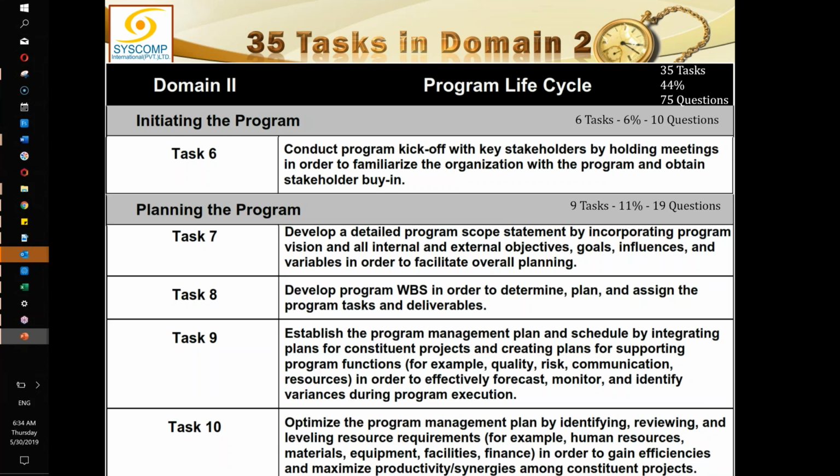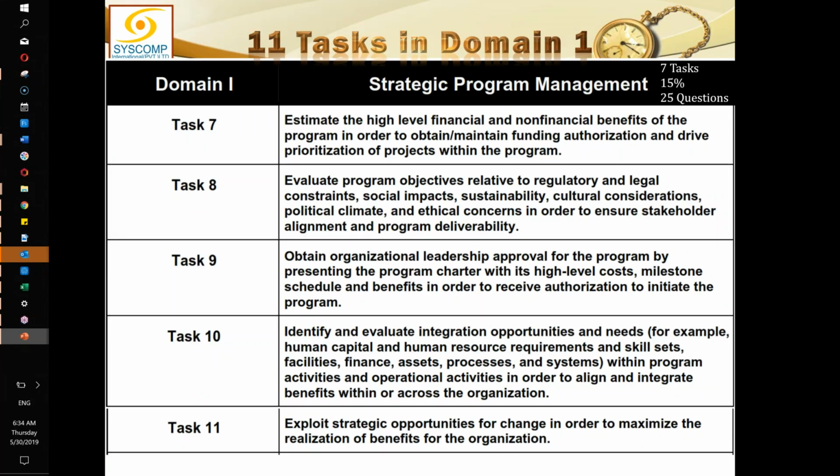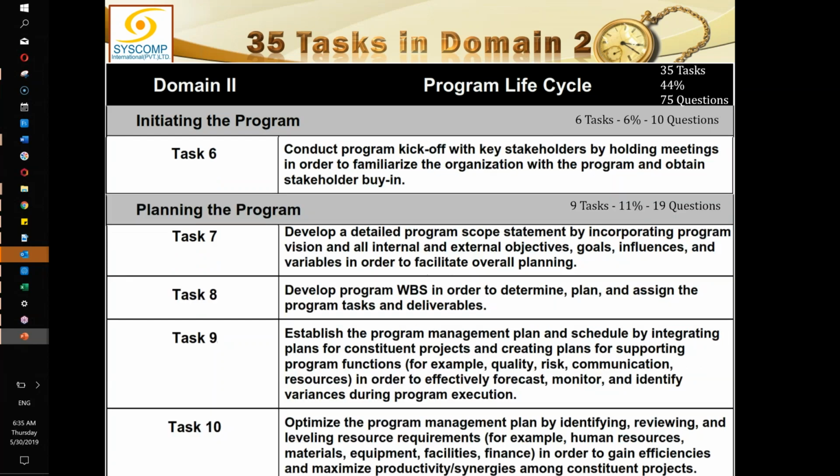If you have been following me, you have seen that we did develop a preliminary scope statement earlier. In task number 2, we created a preliminary scope description, and even before that, in strategy also, we did talk about this, I think. So task number 2 is where the program statements were created and ultimately converted into the program scope description. Now, here we are creating the detailed program scope statement. Because initiation has been done, all the stakeholders are on board, and the program has kicked off. Now we can deliberate more on the program scope and come up with a detailed program scope statement